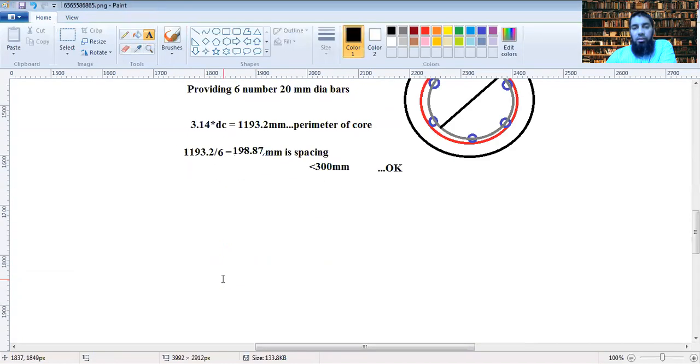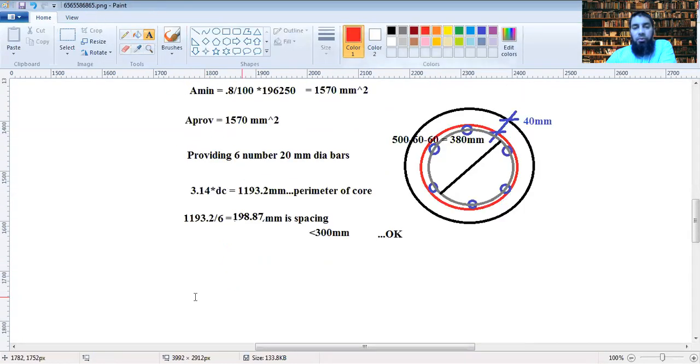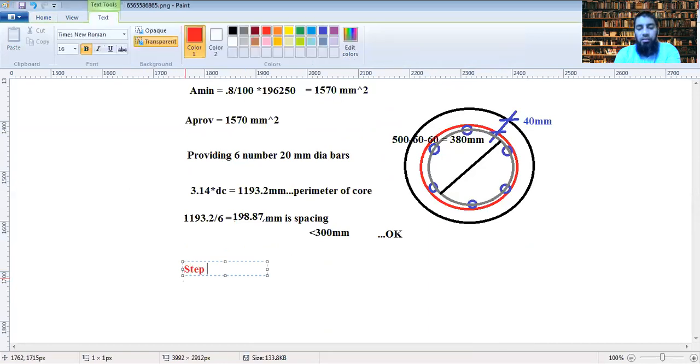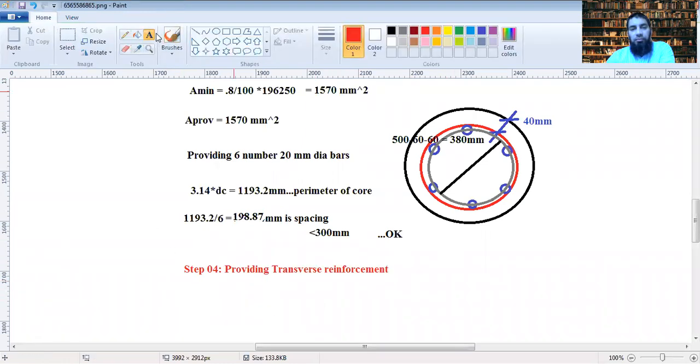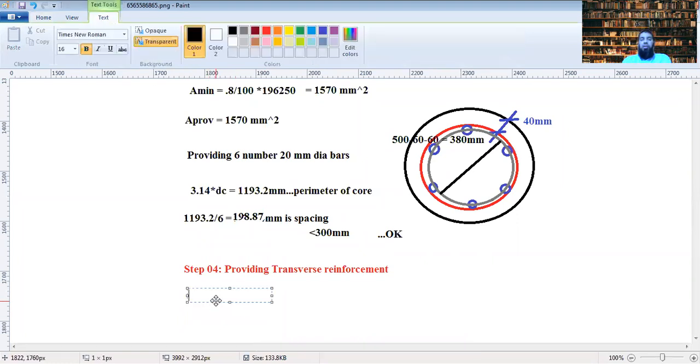Now you need to go for step number 4, which is providing transverse reinforcement. Now, how do you provide transverse reinforcement? Now this is a helical reinforcement that you have to provide. What is given in the code is